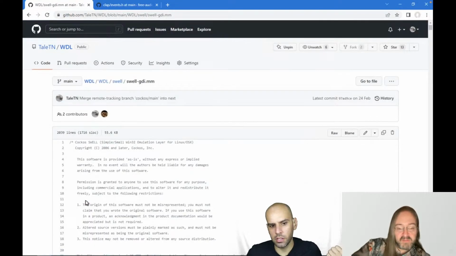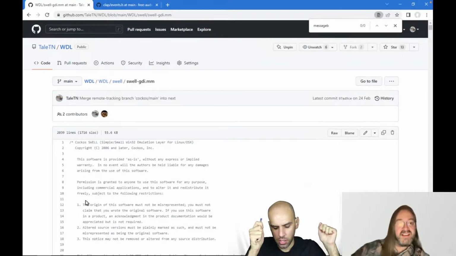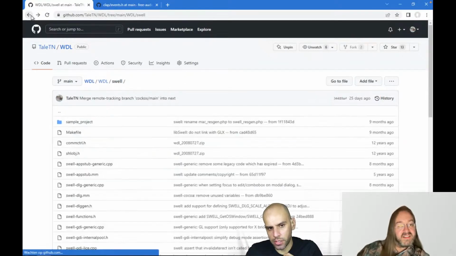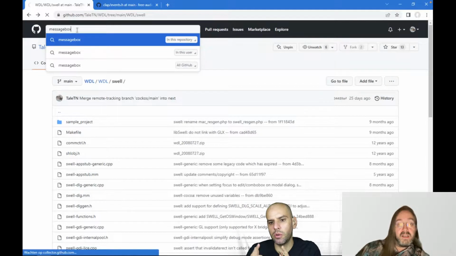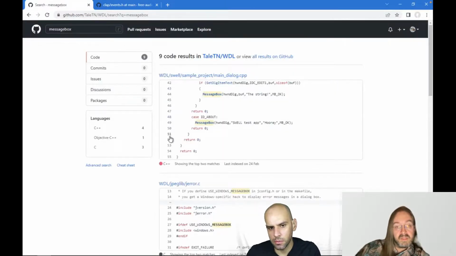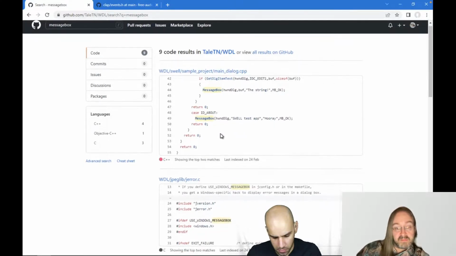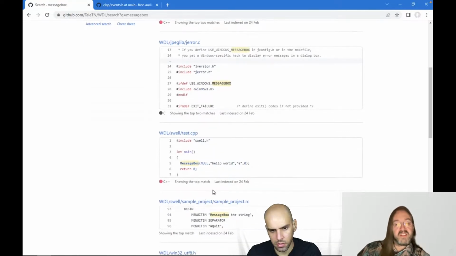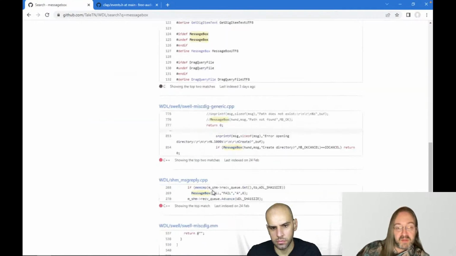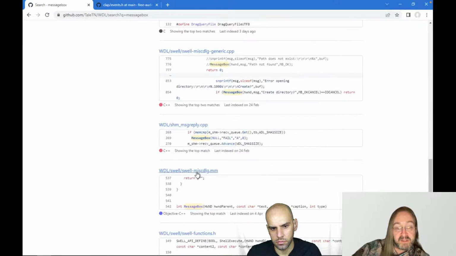Yeah, and I guess Whittle is the last part of the picture that I'm trying to paint here. So both LICE and Swell are part of Whittle. Yes. Okay, and you have your own fork of iPlug, but it seems like you also have your own fork of Whittle. Yeah, I do. But by the way, iPlug used to also be part of Whittle, but at some point it was removed. So, well, I cannot find the message box definition for macOS quickly enough. Oh, I did find it.